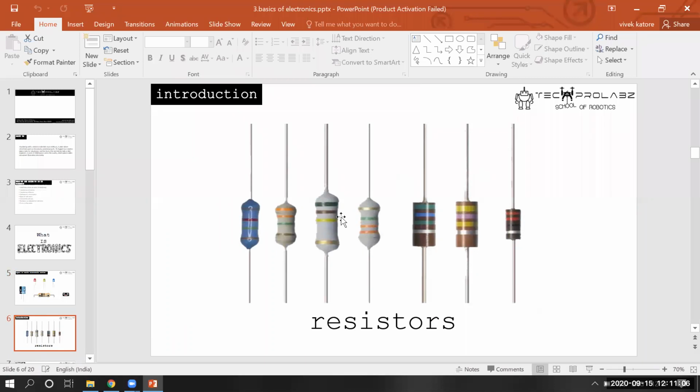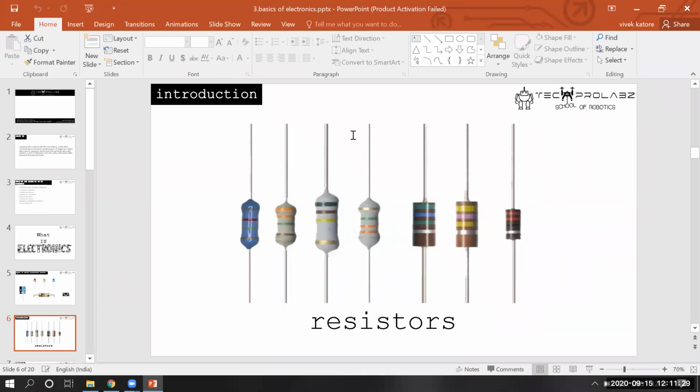The first thing we should know about is the resistor. A resistor in real life looks like this image. There are different kinds of resistors you can see on the slide. You can see these colored strips, which tell the value of a particular resistor.